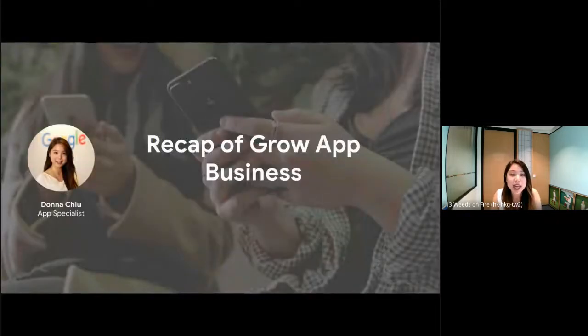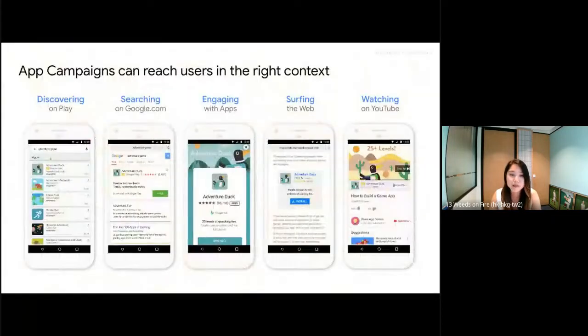So let's recap the last workshop, where we talked about Grow App Business. We walked through different app campaigns and how app campaigns is a very automated product, which can show on Play Store, on Search, and on different channels on YouTube, etc. It really reaches users in the right context. So you don't have to launch different campaigns; you just need to launch your app campaigns to go through each channel.